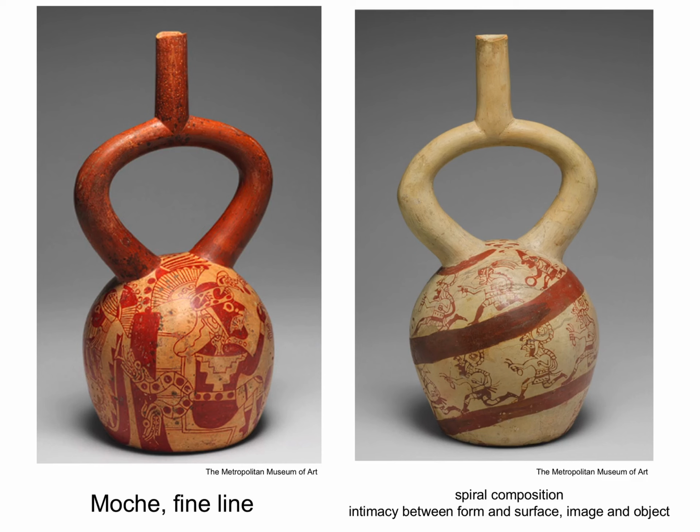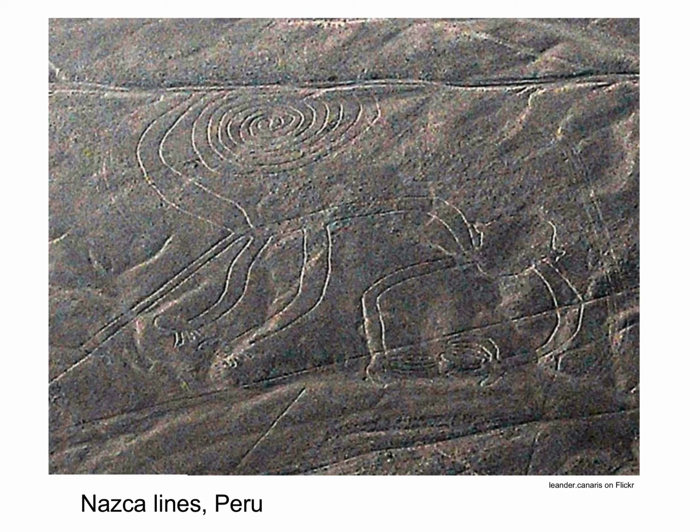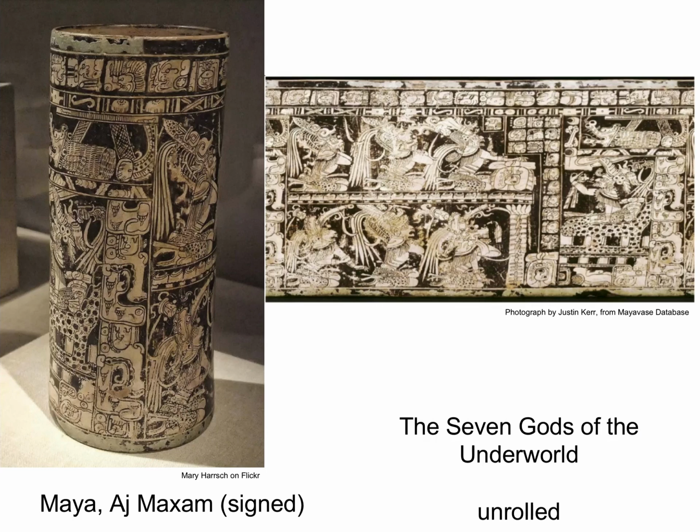And you have a great example of that here in the spiral compositions where those runners are going down the mountain as they spiral around the object, for example. And those are in relation with Nazca lines. The Nazca culture of South America is quite extraordinary among many others. And I just want to make that relationship here. The same thing with the